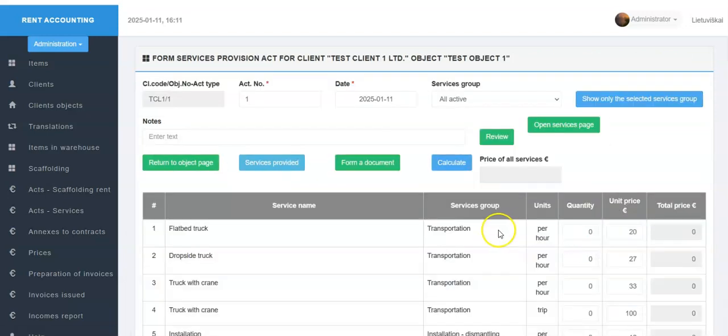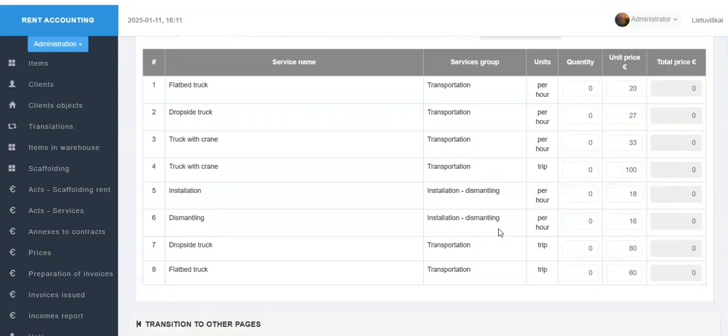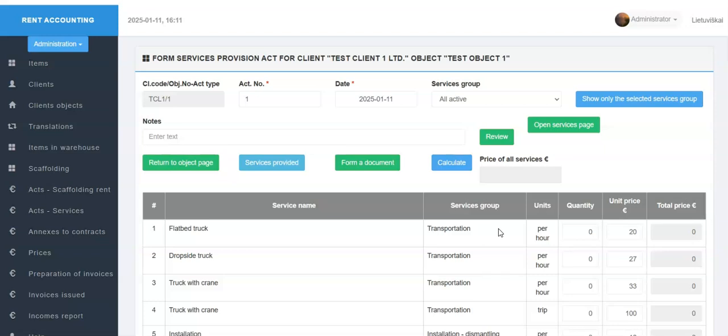The Services Provision Act formation page opens, where we can list the services provided to the selected client object and form an Excel format document. Fields that must contain data entered by the program or entered or revised by the user are marked with a red asterisk, and fields in which data is entered immediately or after the calculation operation and cannot be changed by the user have a gray